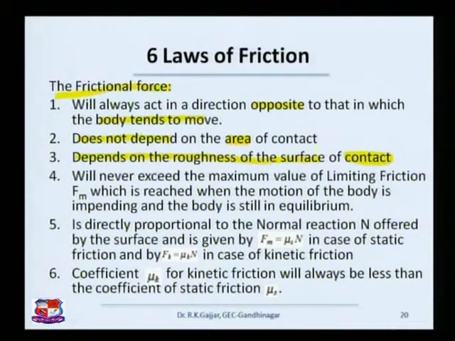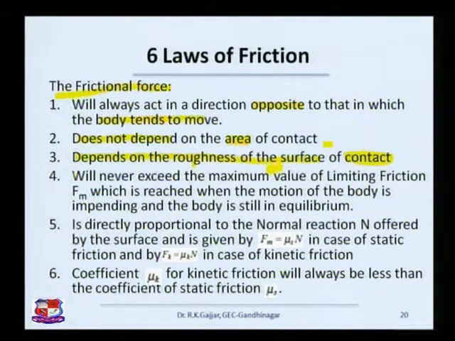So you might say that it is a very small box, but still it is not moving, or it is a very large box and it is moving, depending on the surface, depending on the force. So rather than the area, we have to look at roughness in order to control our friction.